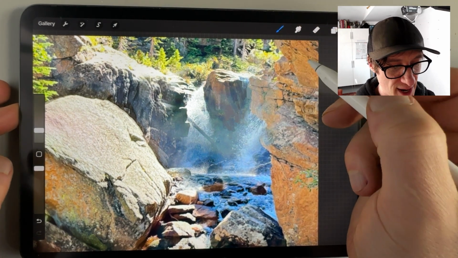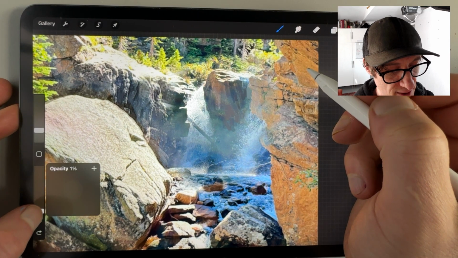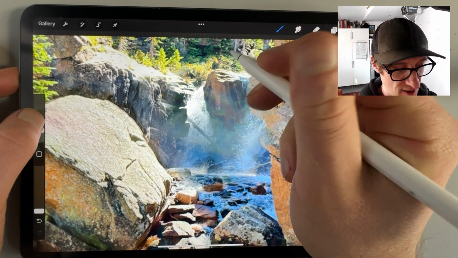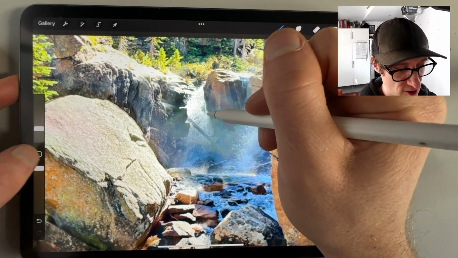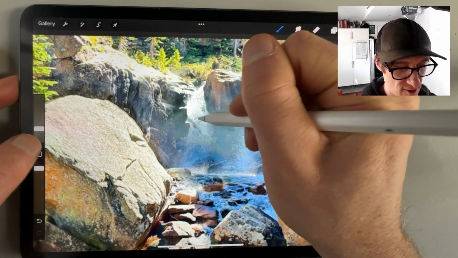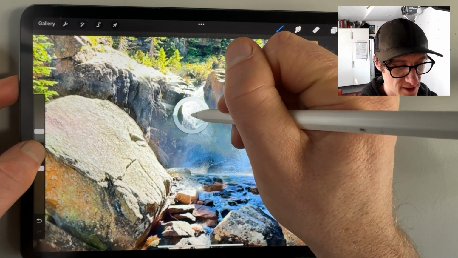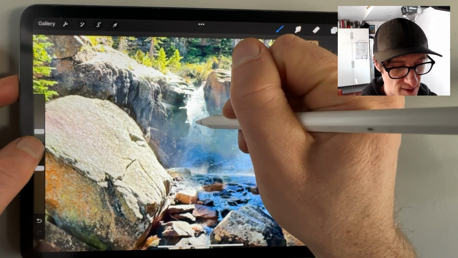Now it's not really painting in the sense of... There's a log there. That's weird. I thought that was an errant stroke, but it's not. It's a log in that waterfall, which we will remove. So I'm just, again, sourcing the color, making a mark, sourcing the color, making a mark, sourcing, making a mark,